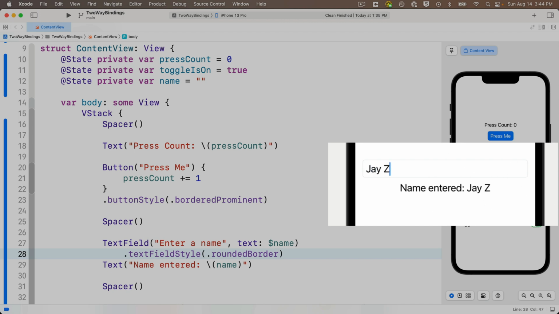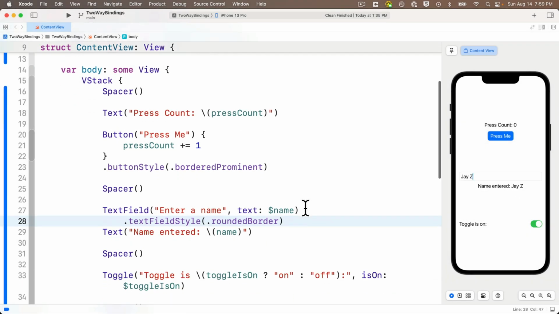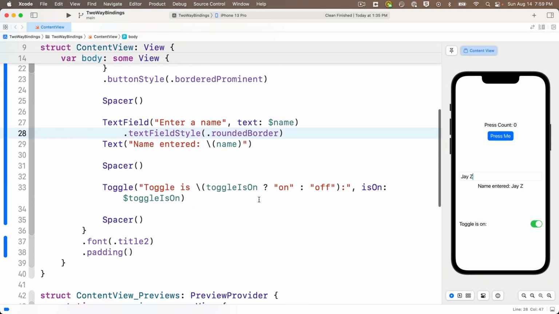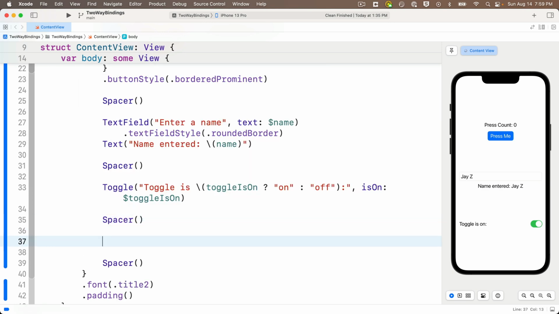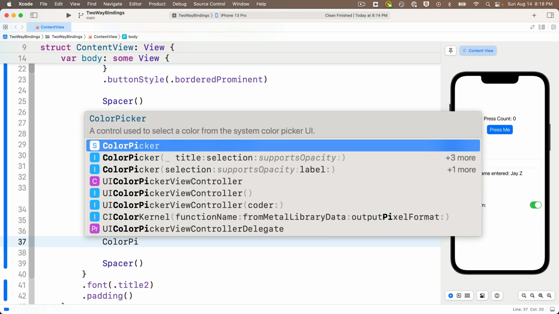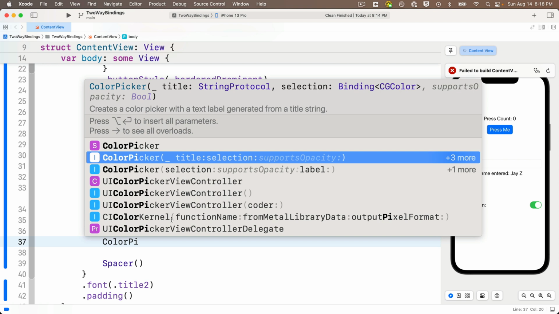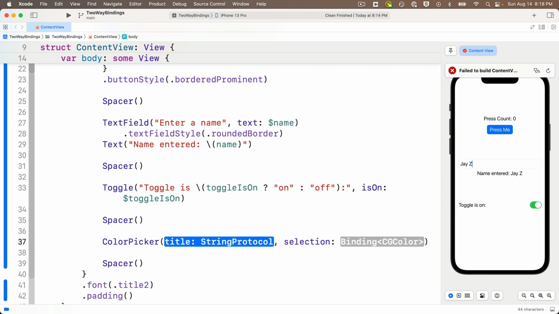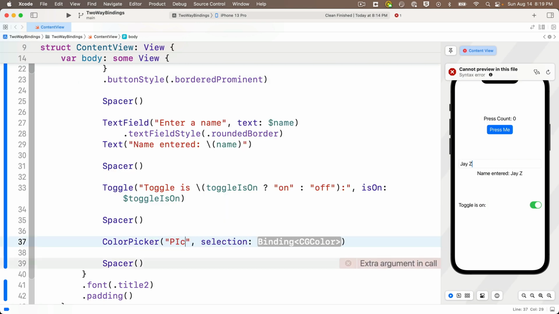Nice. Now let's add a color picker, a very cool control that allows your app to let the user make a color choice. And this can be nice if you ever want to let the user customize the color of, say, their background or an avatar. So below the toggle, I'll add another spacer, then enter ColorPicker, and I'm going to select the option that's title and selection. And code completion says this creates a color picker with a text label generated from a title string. Well, we're going to give the title a string, and the selection needs a binding color. So let's press return to select this, and for the string, the title will be just "pick a color",